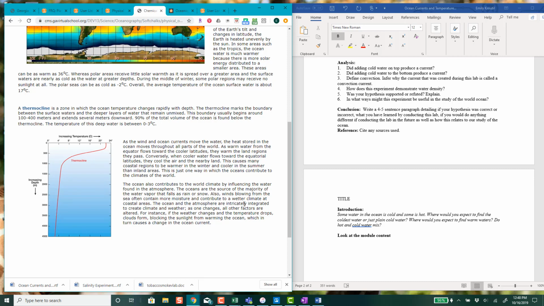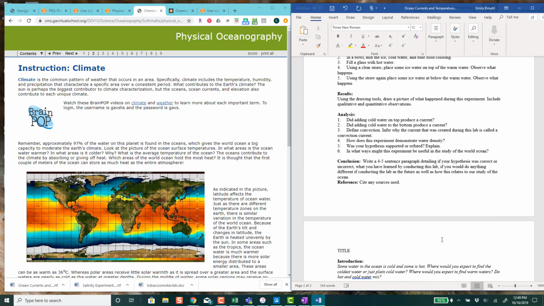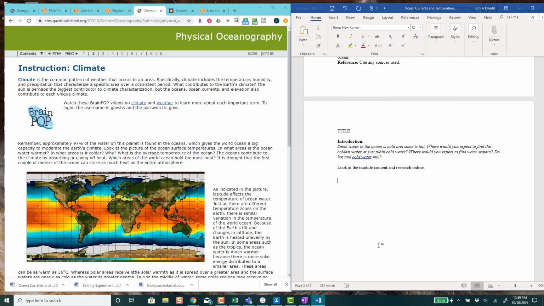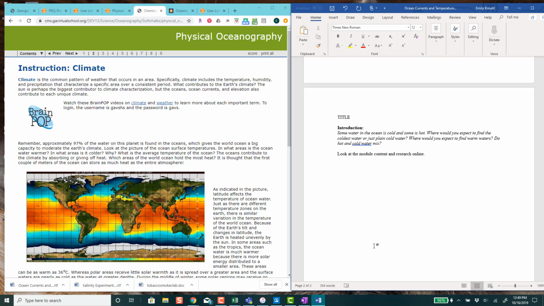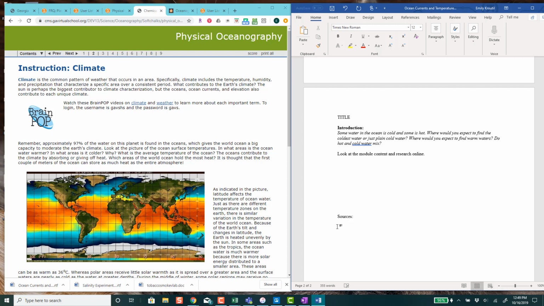So we can find a lot of this information in our content, but if we need to, we can research as well. You can research online, wherever you want to go. That's just a hint of where to go to find some of the information you need for your introduction. Once you have that introduction, whatever sources you've used, you'll want to list at the end. So let's say I use this page. I would take this link and I would say something like